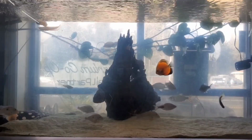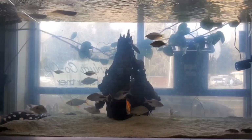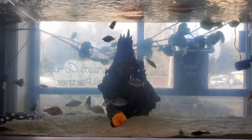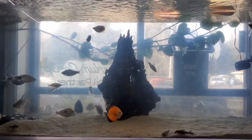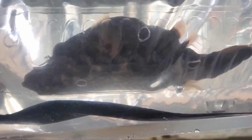They do max out at about 6 inches. We've had one that was about 2 inches when it came in and grew out to about 3 inches before he found his forever home. But look at this beautiful, stunning, kind of difficult to see. I'll try to stretch here. Can you try to guess what kind of puffer this is? I'll give you a moment here to try to guess. I know it's kind of hard to see, but